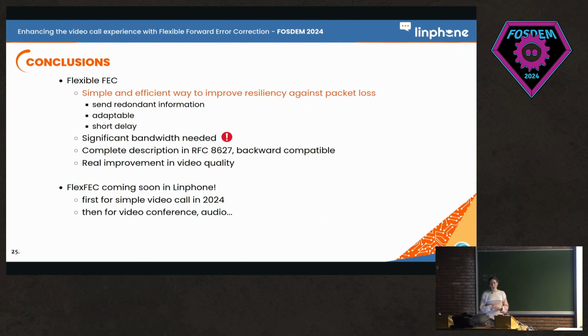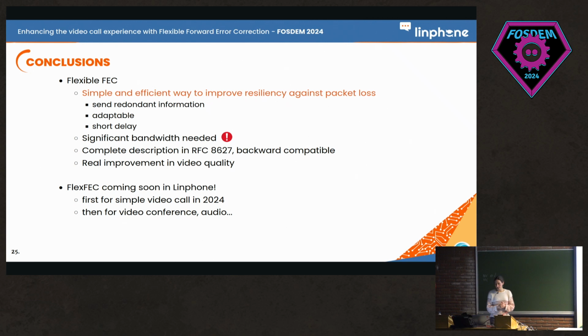It is adaptable to the level and the event of your network. And it works with a short delay because you don't have to wait for the sender to send you back the missing information. And the exclusive OR operation is really efficient and rapid.